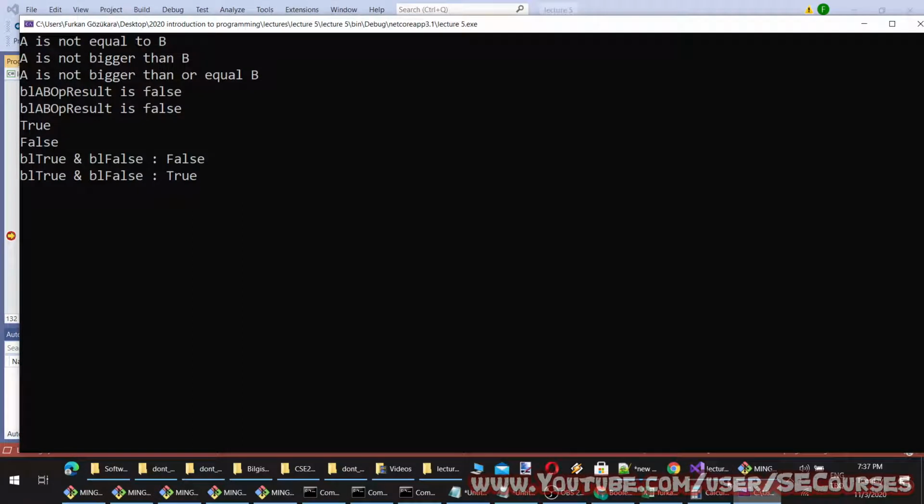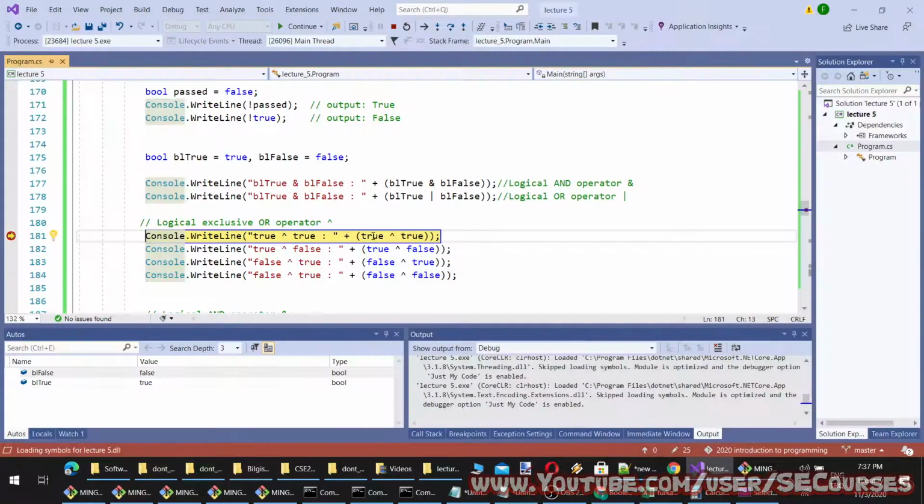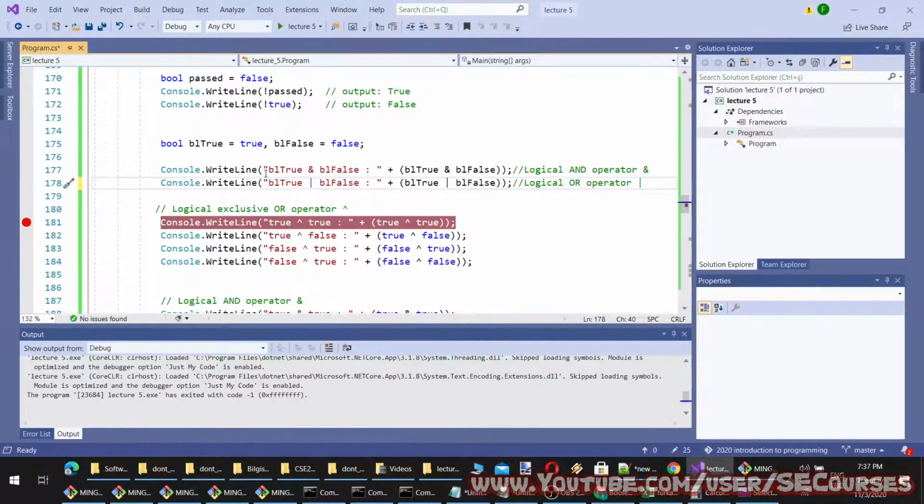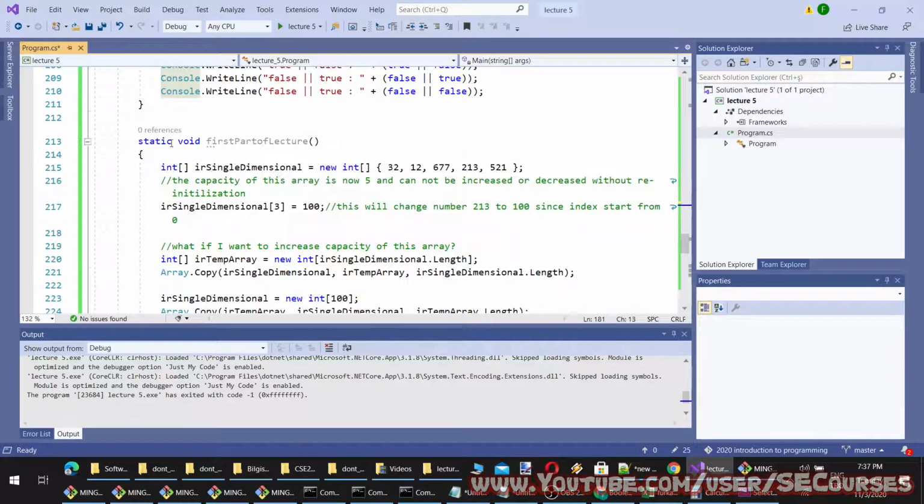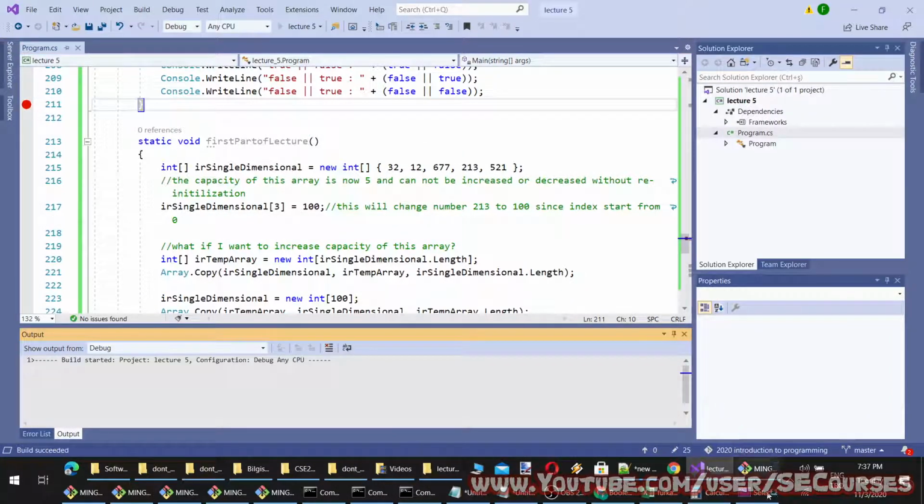Okay. You see, when you use the AND operator with true and false, it is false. When you use the OR operator, actually this is, so that is why it was incorrect. I am going to just go to this point to check every one of them.